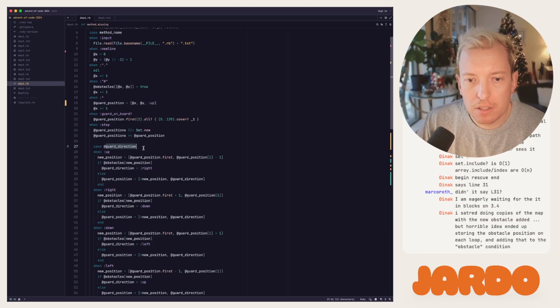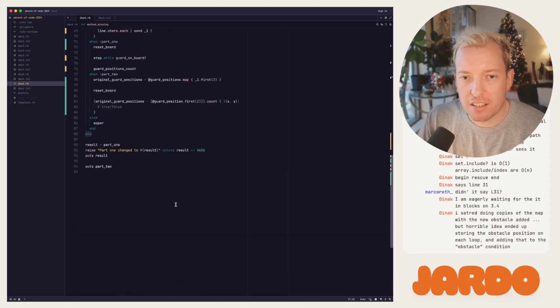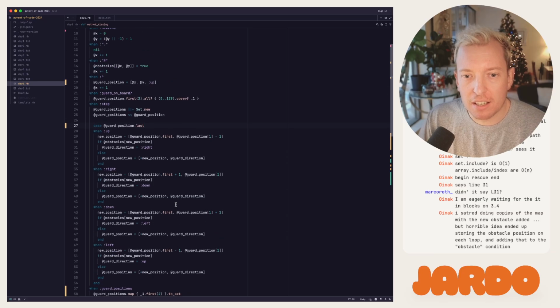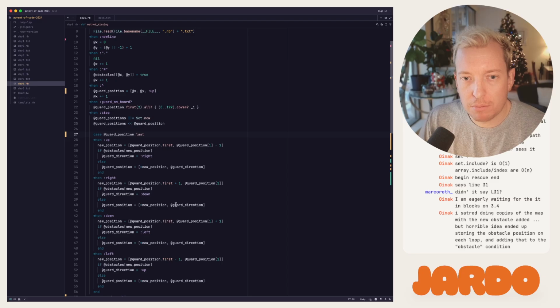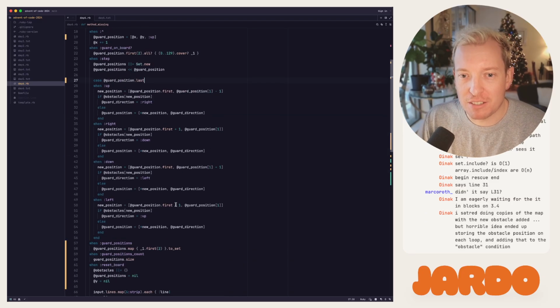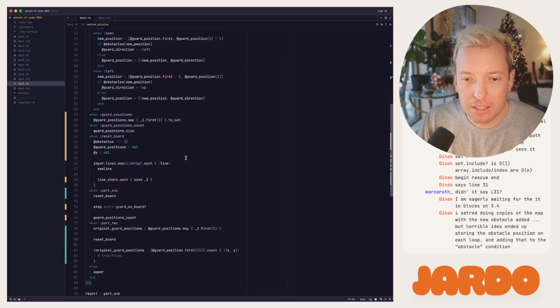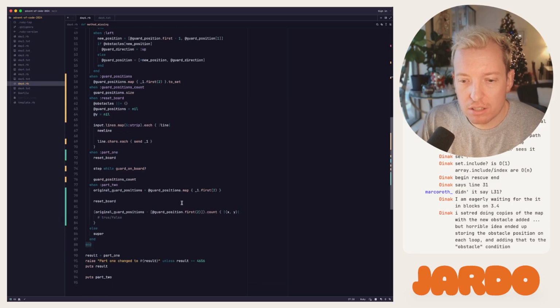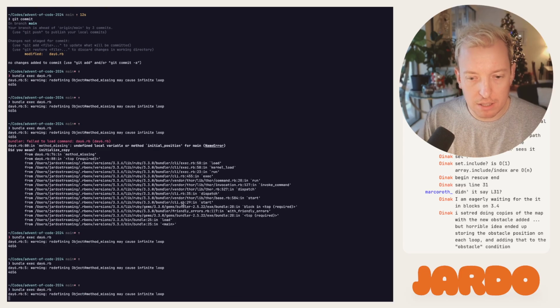And this just becomes guard position last. Just using an array as a thing is kind of shitty. But I don't know. We would have to put part of the solution outside of the method missing if we wanted to introduce like a new object. I guess we could make it a hash, but I'm not going to do that. So this should print 0 if we